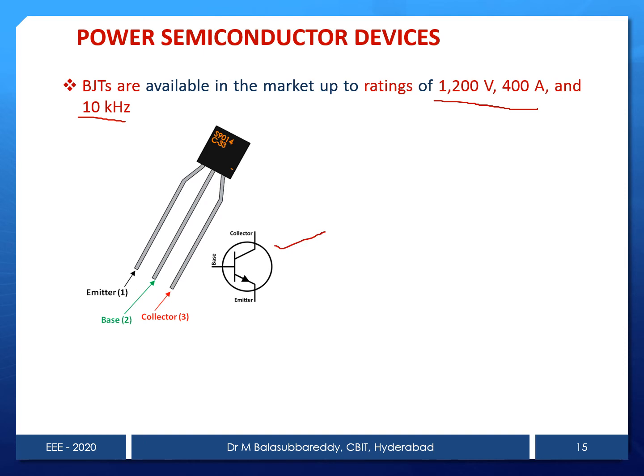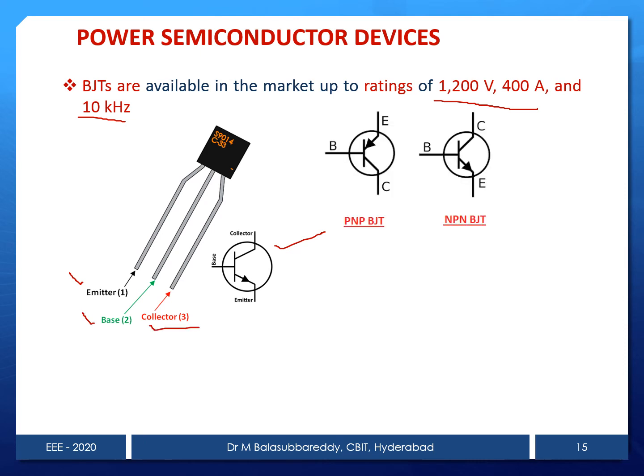It consists of a collector, emitter, and base. In the diagram you can observe that the first lead represents the emitter, the middle is the base, and this side is the collector. And there are two types of BJTs, NPN transistor and PNP transistor. Diagrammatically you can observe how the connection will be. This one is the emitter, and that is an NPN transistor. This is the emitter here, or in the reverse direction, that is a PNP transistor.